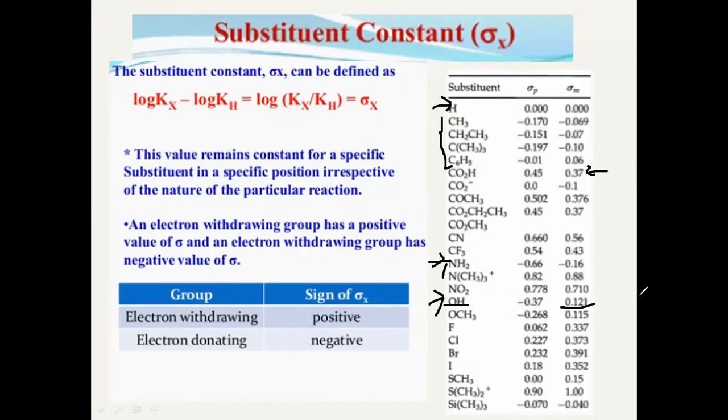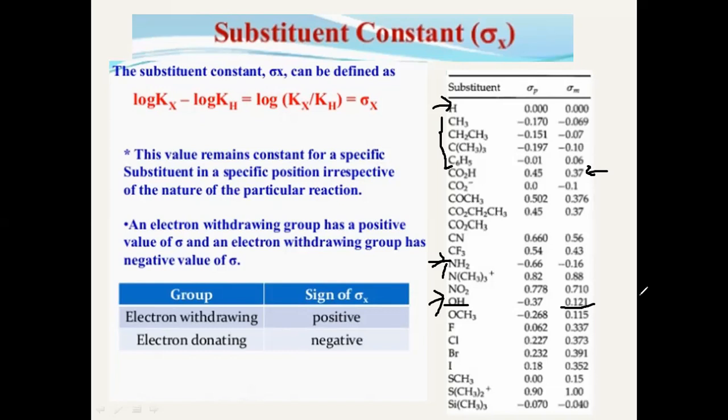Plus. What you can say? If OH is present at meta, it is no more electron donating. It's opposite to that. You are getting the point. Yes, so it's a very interesting table. Very basic idea can be derived from this table and this concept, that sigma x depends on the qualitative nature of the substituent which is present on the ring and the position of that substituent.